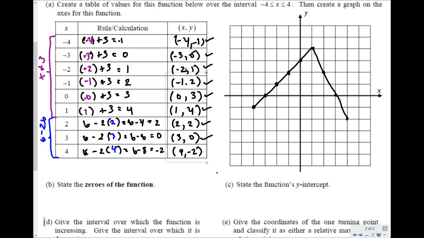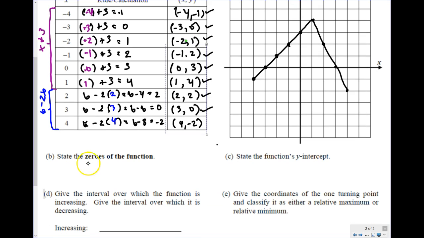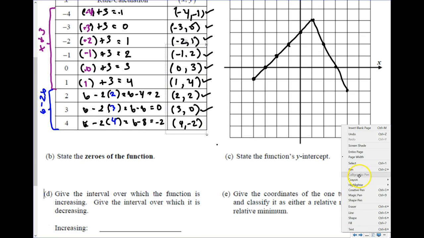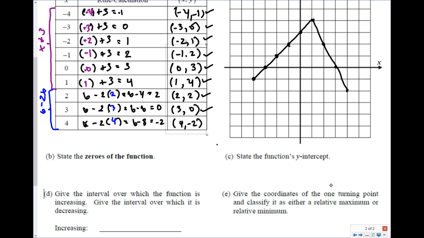Let's take a look at what the questions are. So this first question says state the zeros. Alright, well I just talked about in exercise 1 that zeros are the same as the x-intercepts. So that's where does the graph hit the x-axis? Well, here's my x-axis. Where does the graph hit? It hits it here, and then it hits it again here. So those are my x-intercepts. So those are at the points 3, 0,